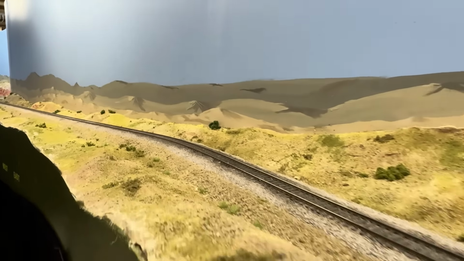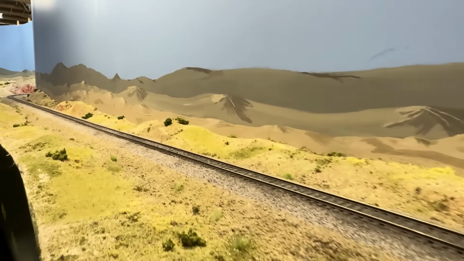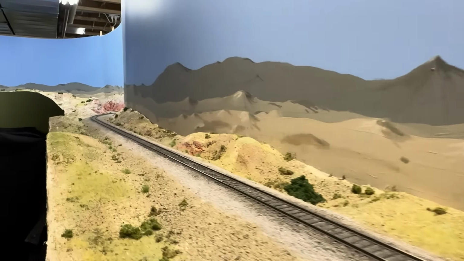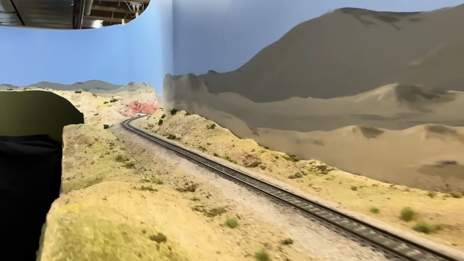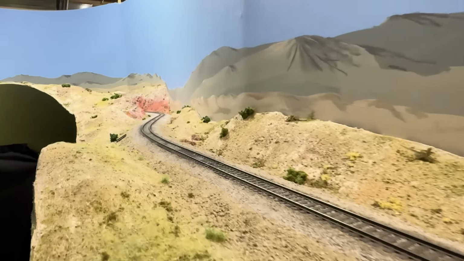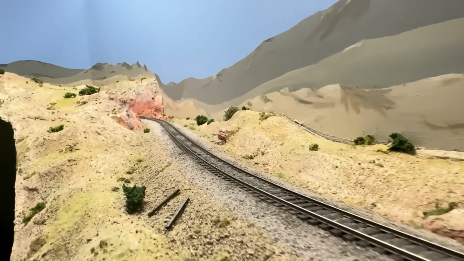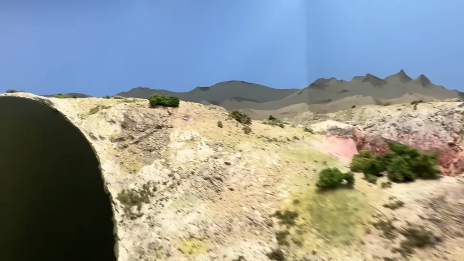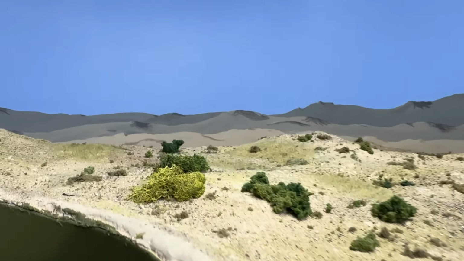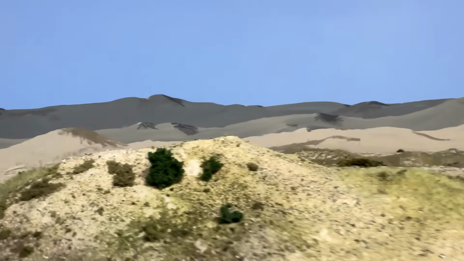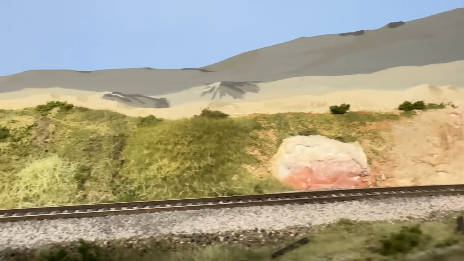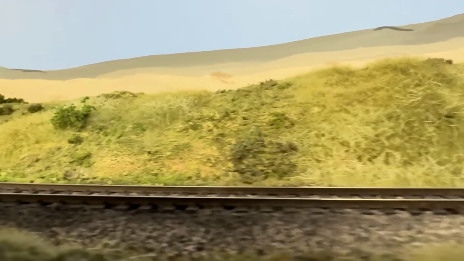And this is really a transition scene that takes us from the sort of southern part of Texas up through the Llano Estacado and up to more of the high plains that you'd see in northwest Texas. And we gain the elevation through a rock cut here. The track is back behind there, believe it or not. And we continue up grade, and we start moving towards